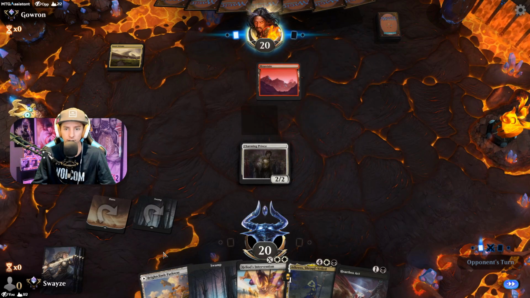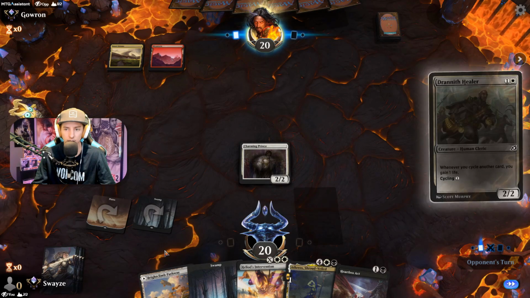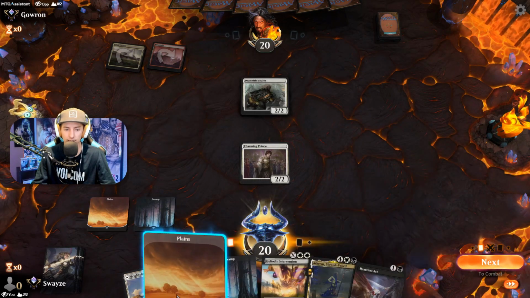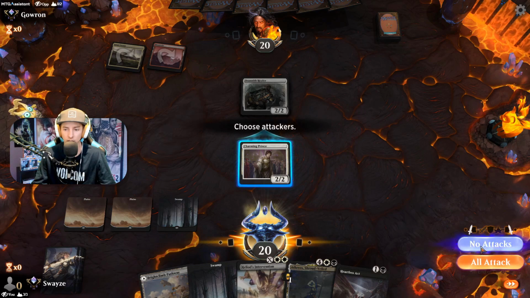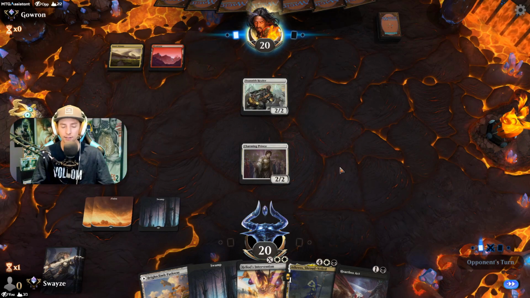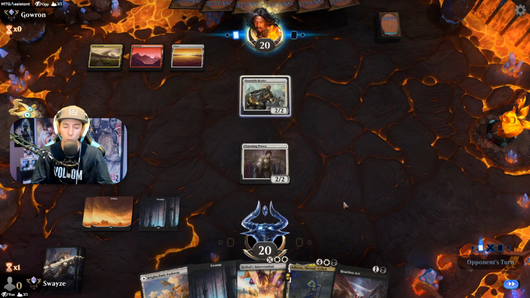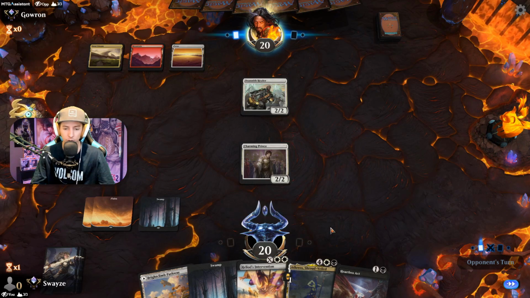See what our opponent does here. Oh, we're on cycling. Okay, a Mardu cycling situation. No attacks. We wait, because with the healer, we're not too scared of it. It just gains life. It's not actually damaging us or putting us on the clock. So we're fine. Plus, we can actually Heliod's Intervention and gain a lot of life,